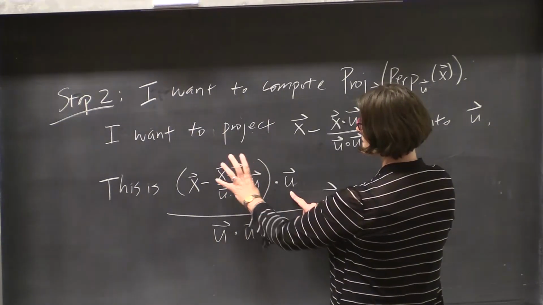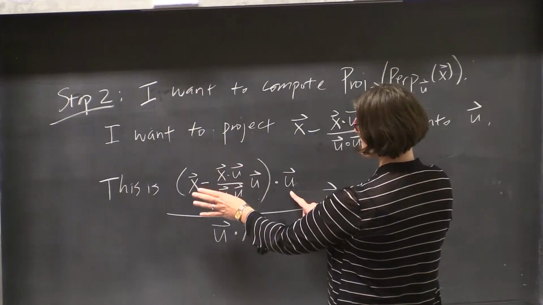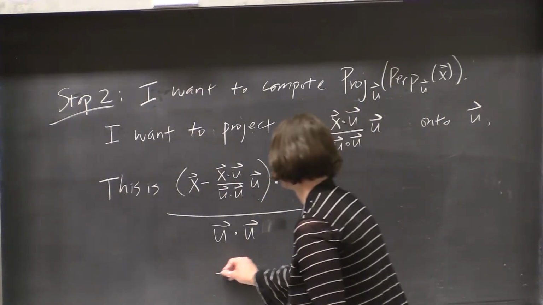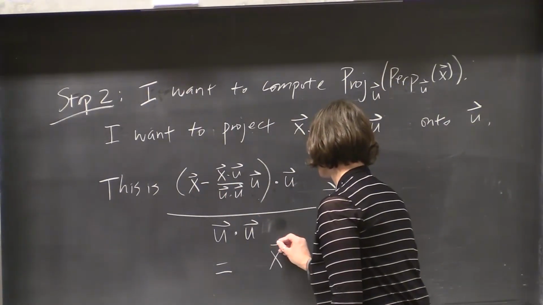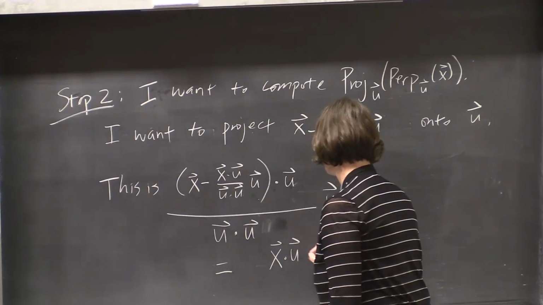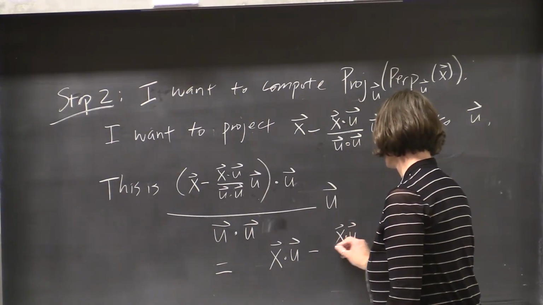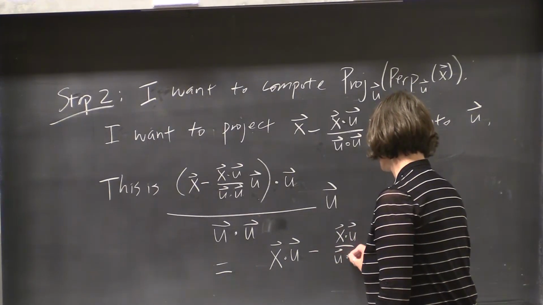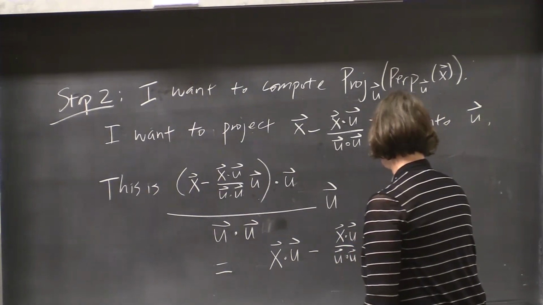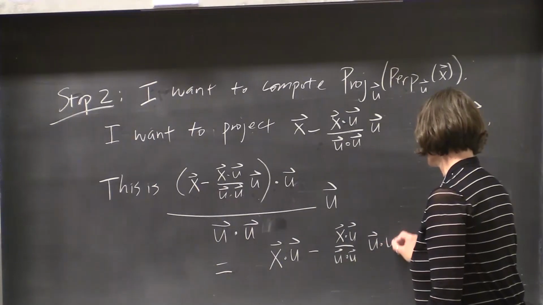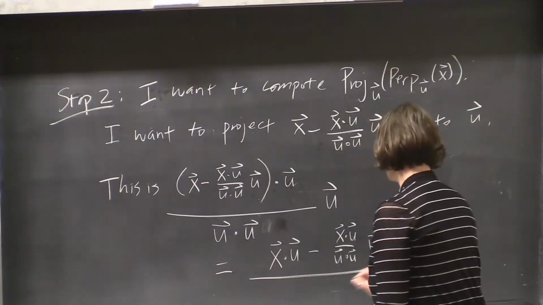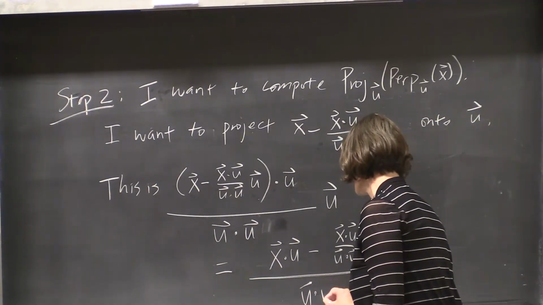And I know this is some number, so that number is going to come out of the dot product, and I end up with x dot u minus x dot u over u dot u times u dot u all over u dot u